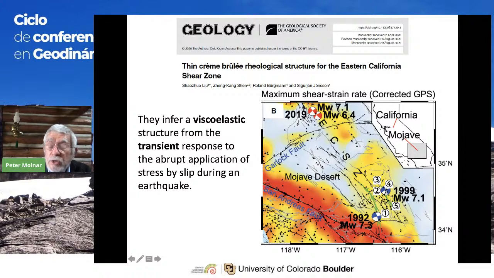They caused a change, of course, in the stress. Suddenly, with slip on a fault, there's application of stress. You've changed the stress in the surrounding region, so the surrounding region deforms. These colors are showing contours of strain rates. We won't worry about that here, but this is a region that continued to strain for many years after these earthquakes, which occurred in 1992, 1999.